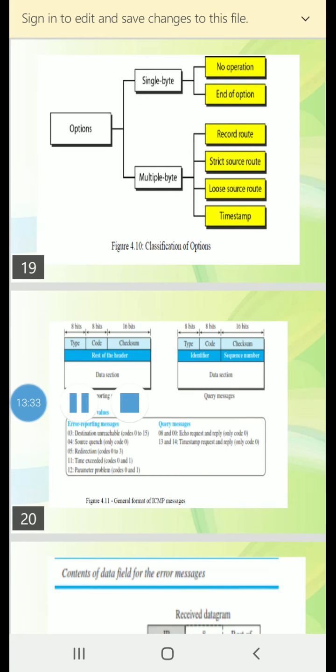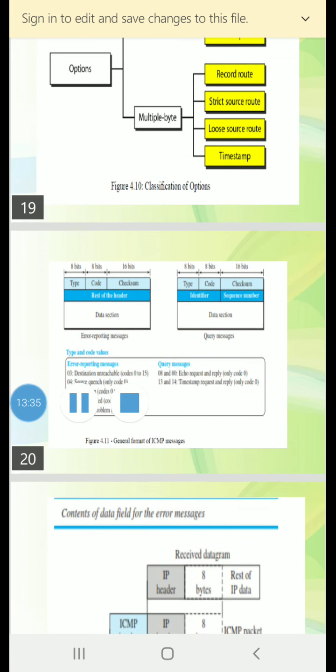The messages are first encapsulated inside IP datagrams before going to the lower layer. When an IP datagram encapsulates an ICMP message, the value of the protocol field in the IP datagram is set to 1 to indicate that the IP payload is an ICMP message.